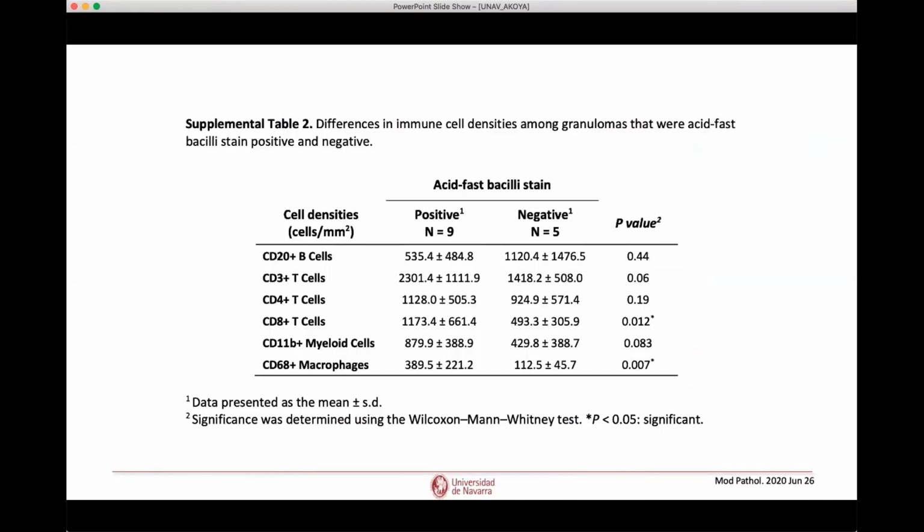Interestingly, we found that in the cases where the mycobacterium was found in the tissue, there were more CD8 cells and more macrophages. It makes sense, as the macrophages are there trying to phagocytose the mycobacterium, and the CD8 cells are there trying to